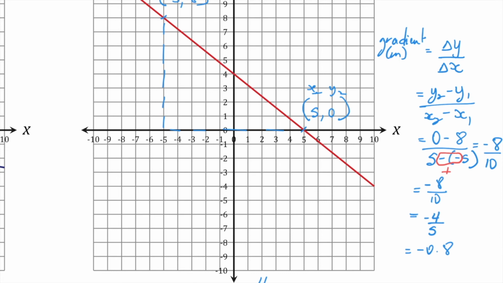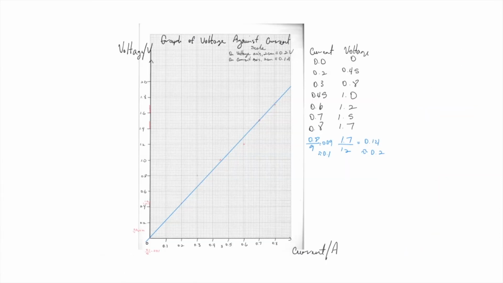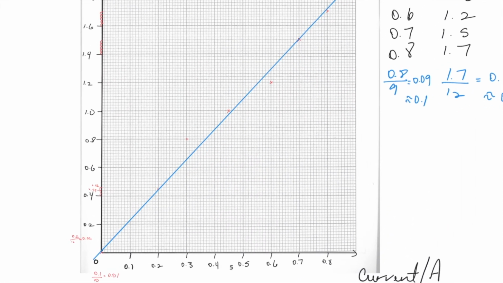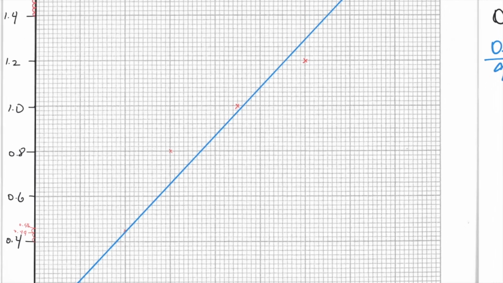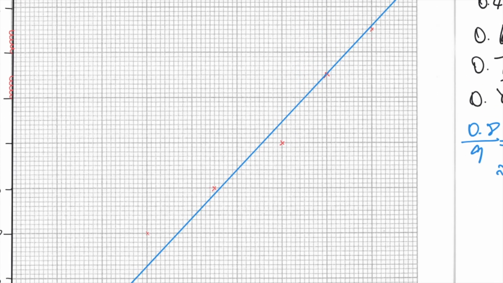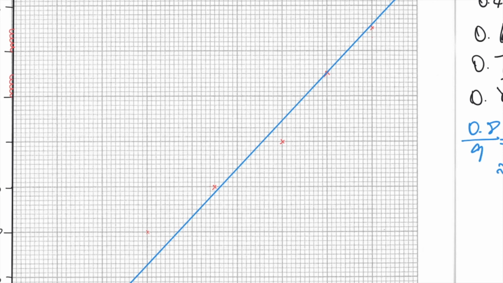Now let's look at our actual graph we would have plotted last video. So this is the graph of voltage against current that I plotted last video. So what I'm going to do now is go through the process of finding the gradient of this graph. Now I'm going to zoom up here to look for points that are easy to read from, because they cut the lines at sensible places. I'll choose this one up here because it's exactly on the line there,